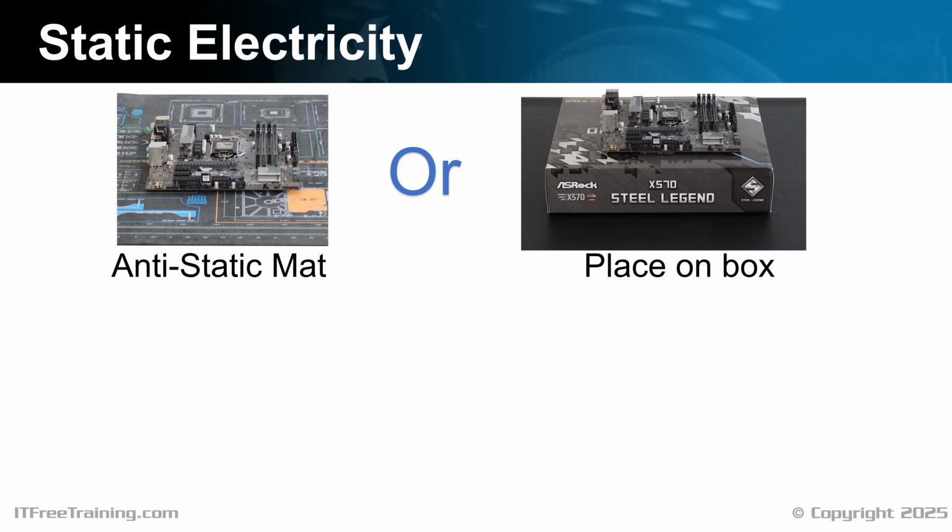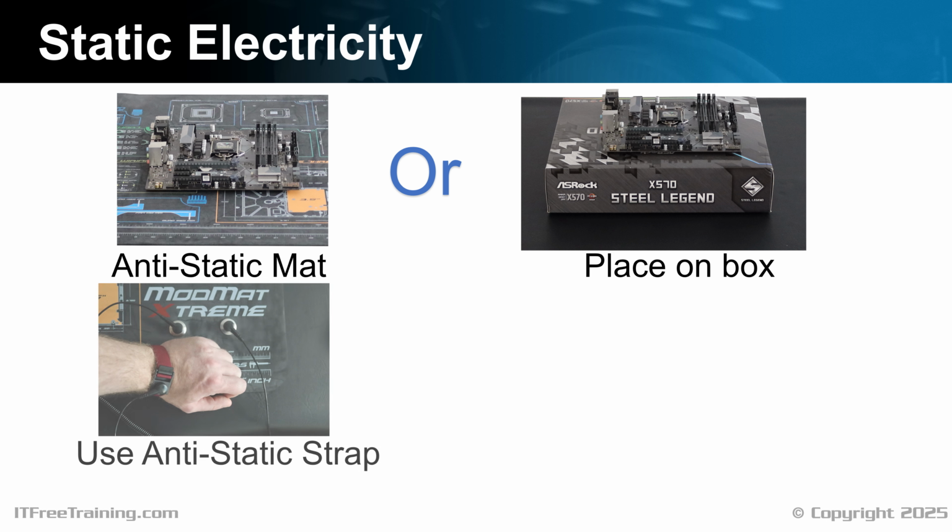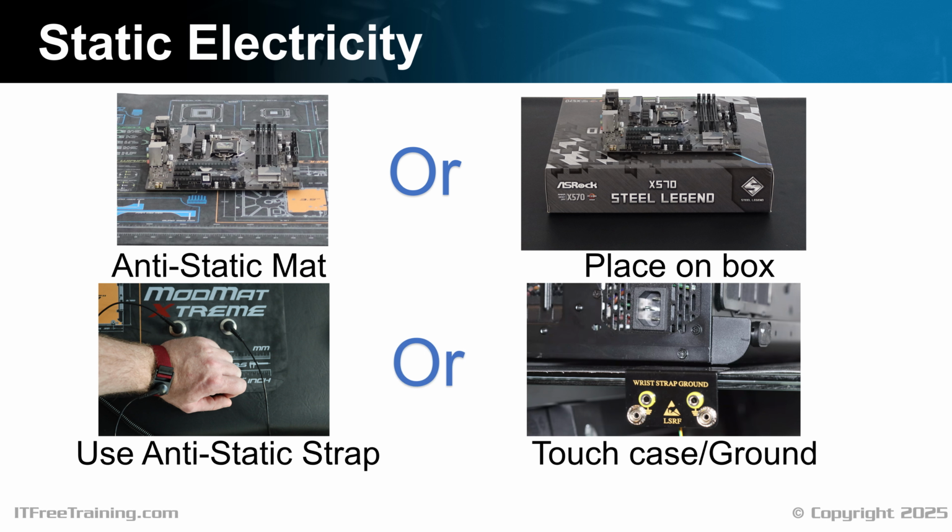Static electricity occurs because the human body builds up a charge. When you touch something with no charge, the static electricity attempts to equalize itself with whatever is touched. To remove static electricity from yourself, use an anti-static strap connected to ground, either directly or via an anti-static mat connected to ground. If you don't have an anti-static strap, touch a metal part of the computer case. If the case is painted, touch one of the screws. Otherwise, touch something that's attached to ground. This will allow the static electricity charge to leave your body.